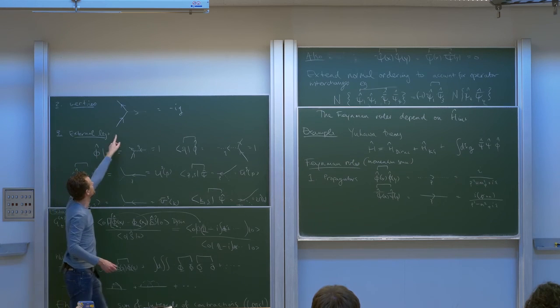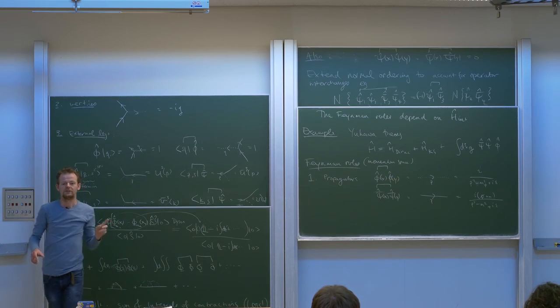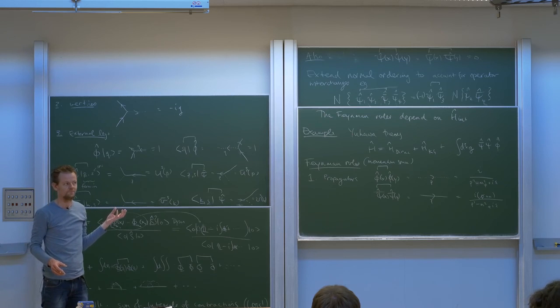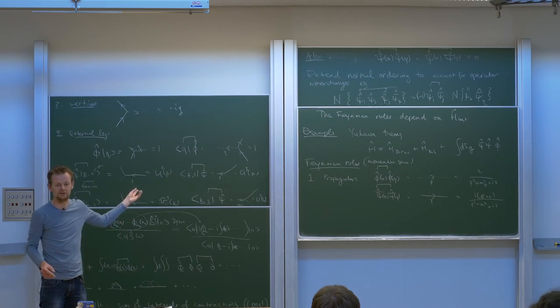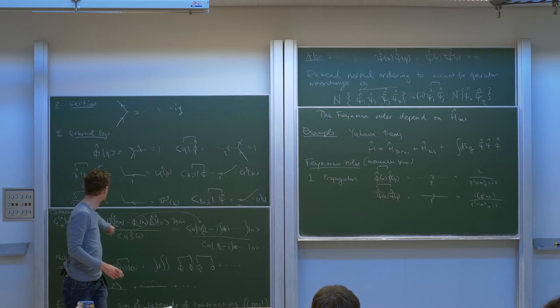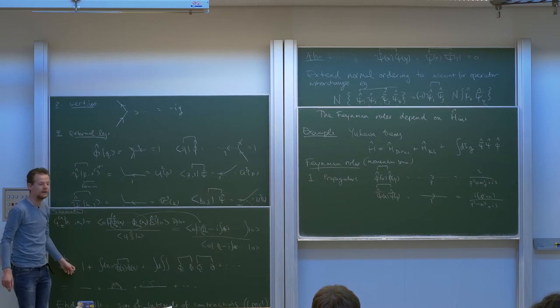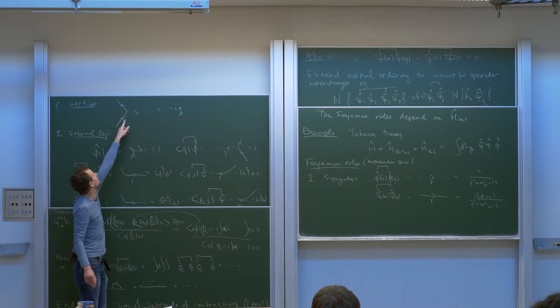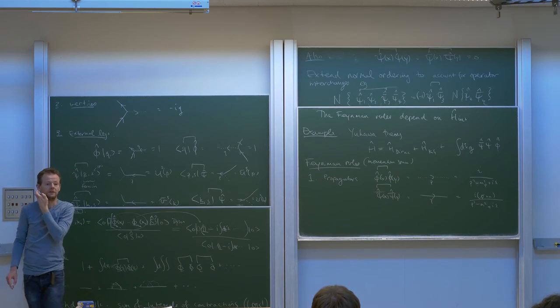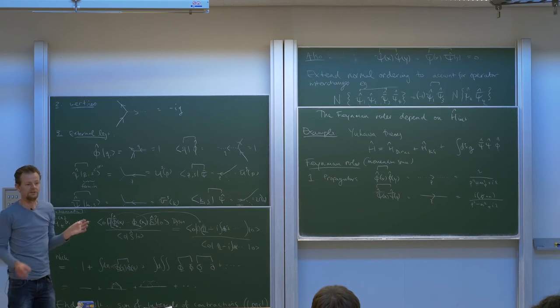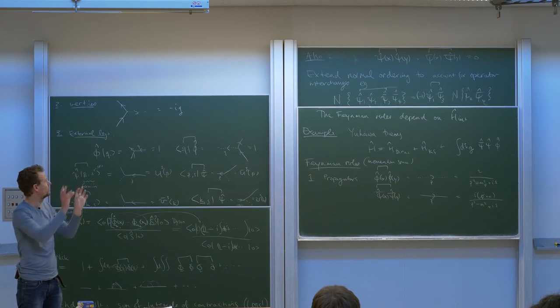So the question is, which operators correspond to this diagram? This is not a single term, this is an integral of contractions. This is what appears in the Taylor series here for the endpoint correlation function. And this particular diagram here corresponds to the situation where we have, well, 6 operators